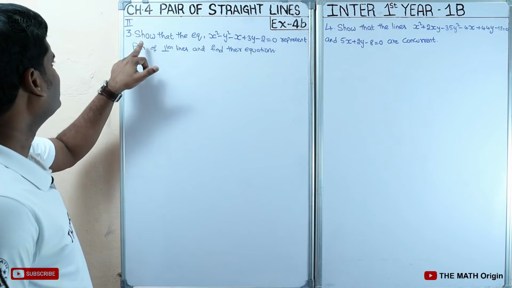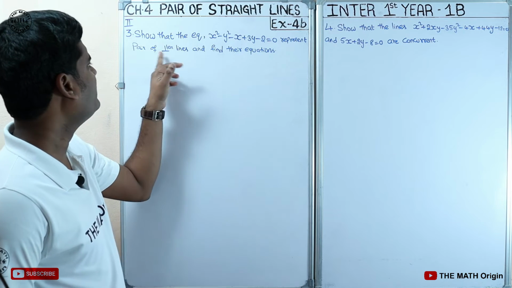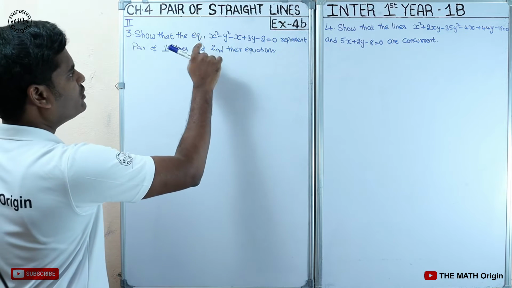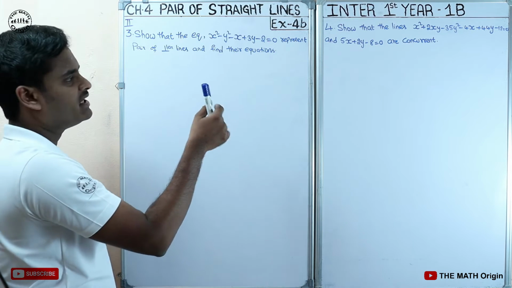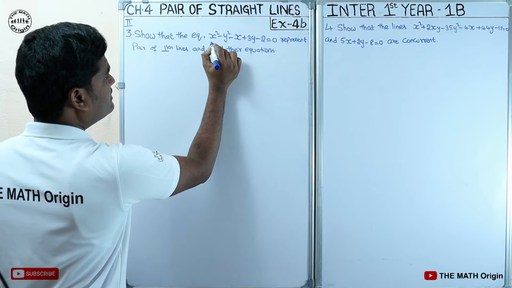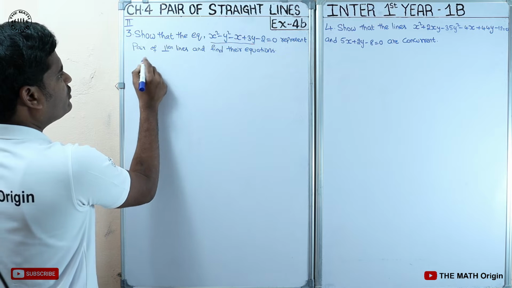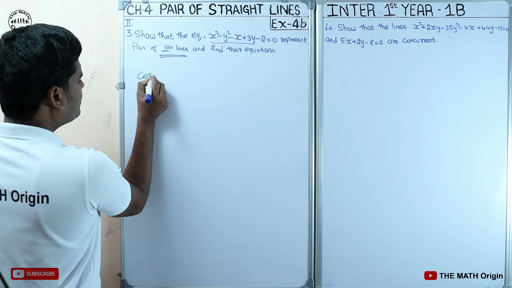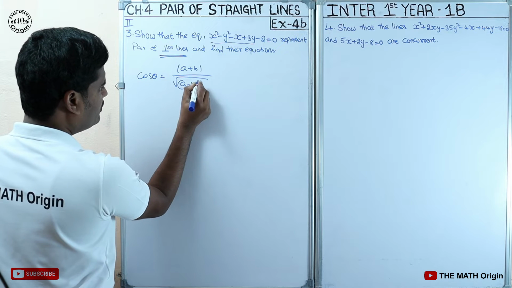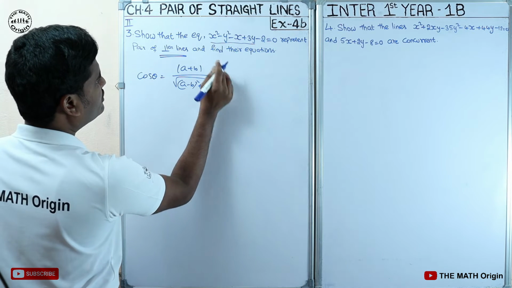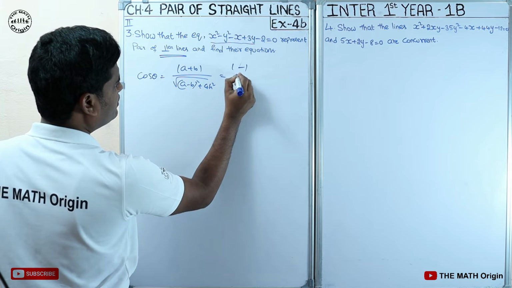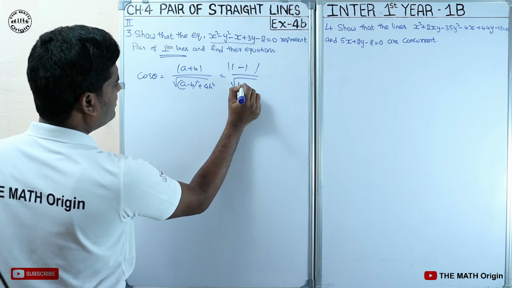Third question from the second section: show that the equation represents a pair of perpendicular lines and find their equations. Okay, to know that the given equation is a pair of perpendicular lines, by looking at this equation we know that this is the equation for a pair of straight lines, and to know those are perpendicular, we know cos theta is equal to modulus of A plus B by root of A minus B whole square plus 4H square, which is equal to A means 1 plus B means minus 1, B means minus 1, whole divided by 1 minus of minus 1